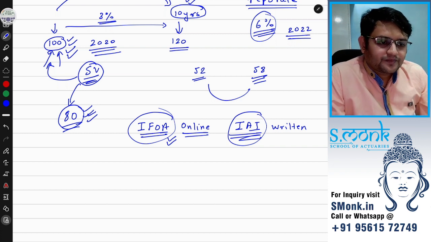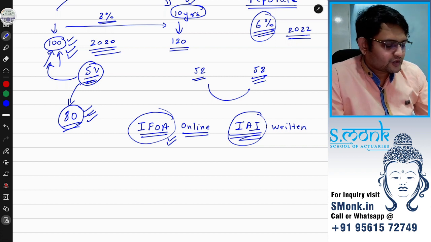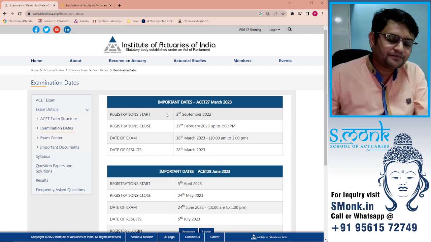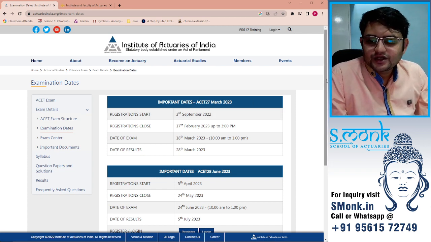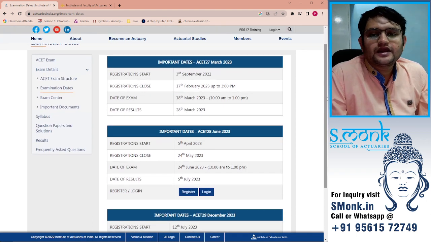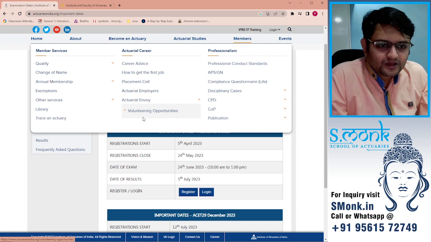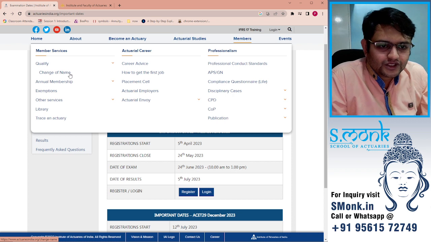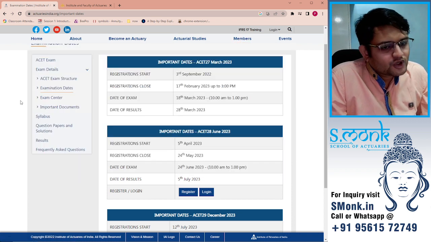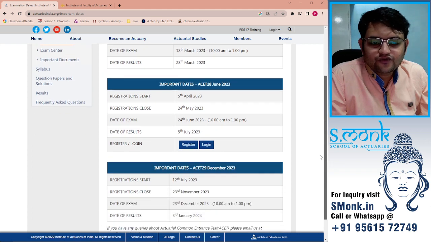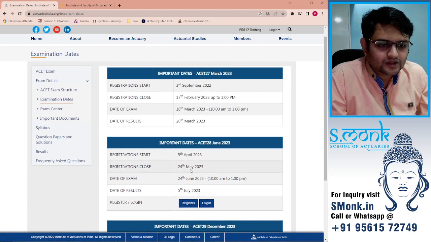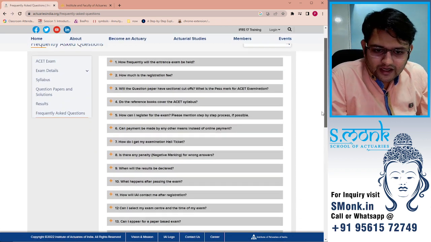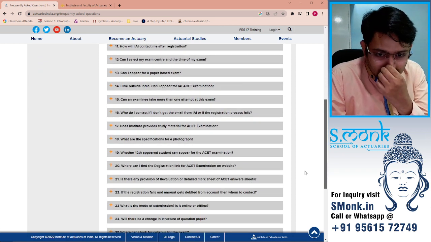How to take membership? Like after ASET, what is the procedure? After ASET, you will get an email after you have completed your ASET. You will get an email on how you can get the membership. You will have some form to fill. I don't think there is a direct way. I cannot show you here. So you will get an email and you will have to follow the instructions there. There are no instructions here. You can go to the FAQ, the frequently asked questions here, and there are a lot of questions that have been answered here itself.